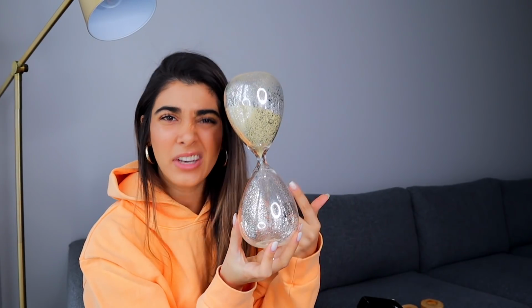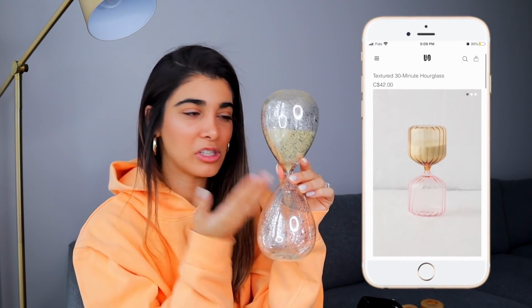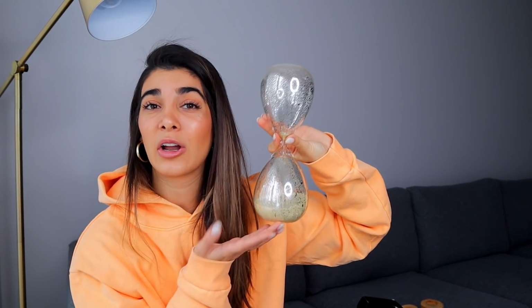What's this called? Does this have a name, guys? Let me know down below. But I feel like this is so beautiful. I love the fact that the sand is a beige color because it just matches with the aesthetic that I have going on in the room. Yes, it was $20. Guys, Canadian thrift stores are a little ridiculous lately, but I got it for 50% off,